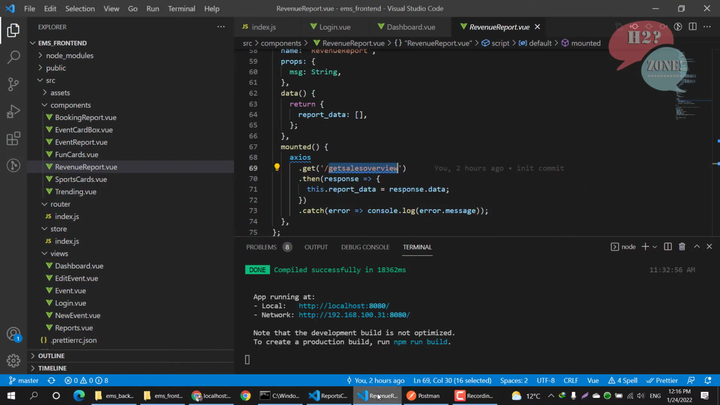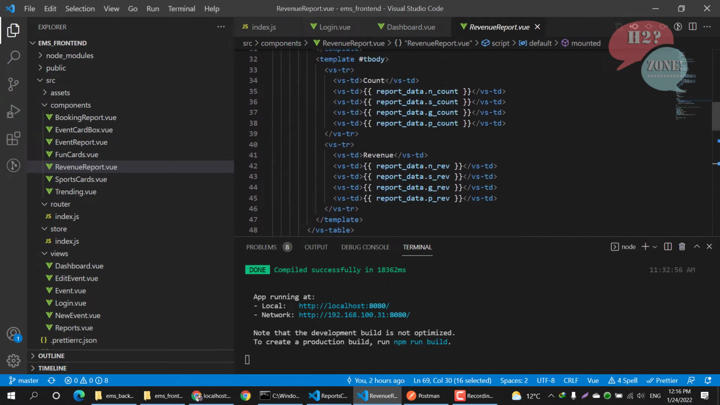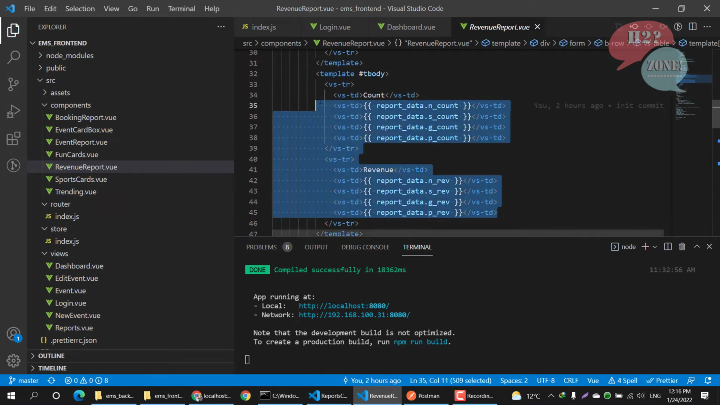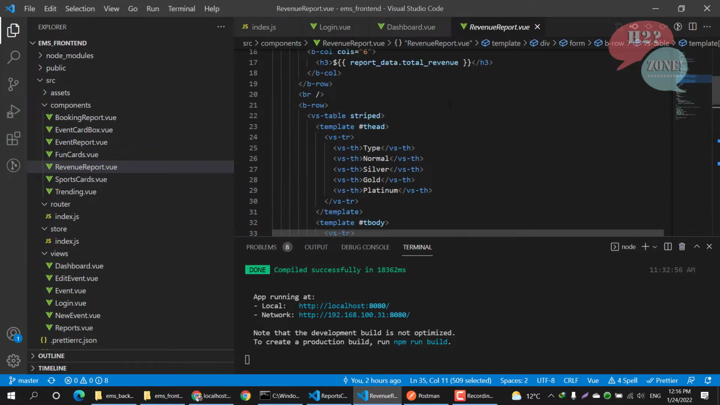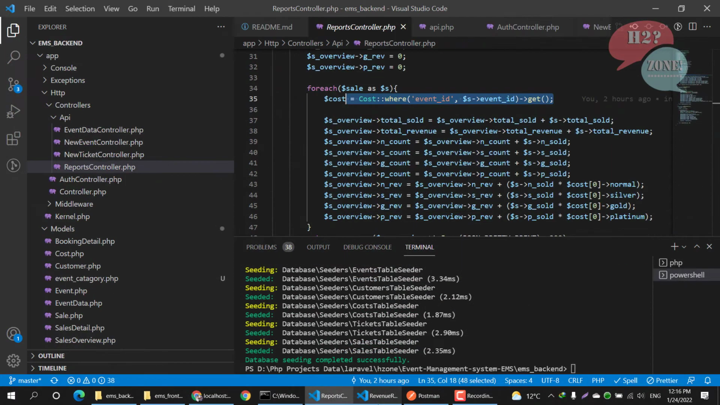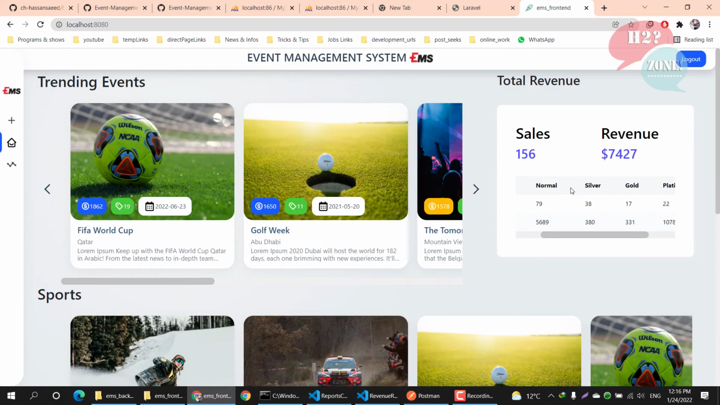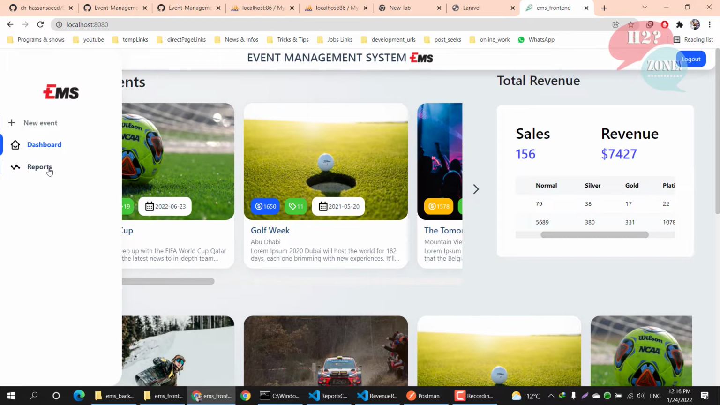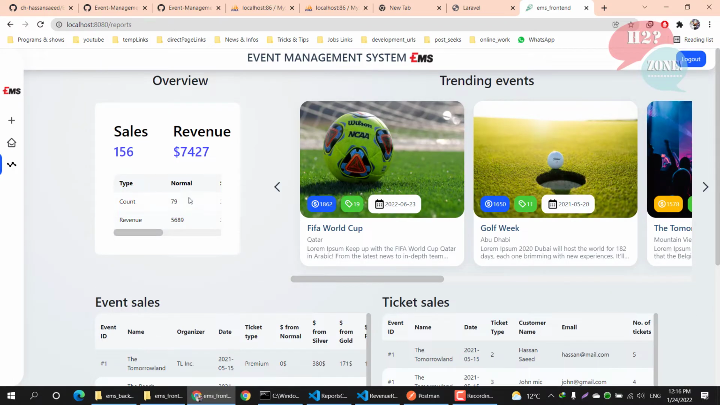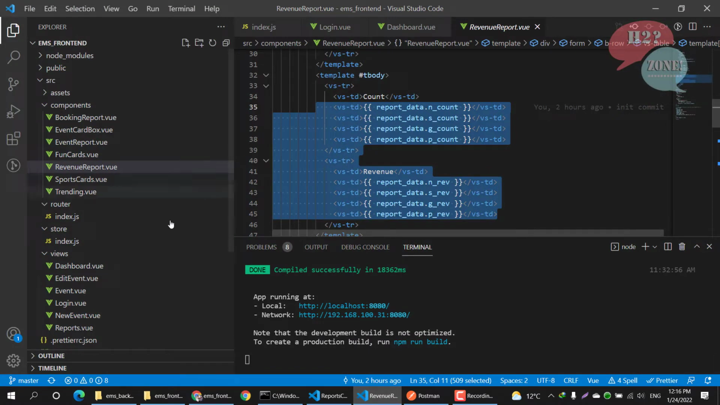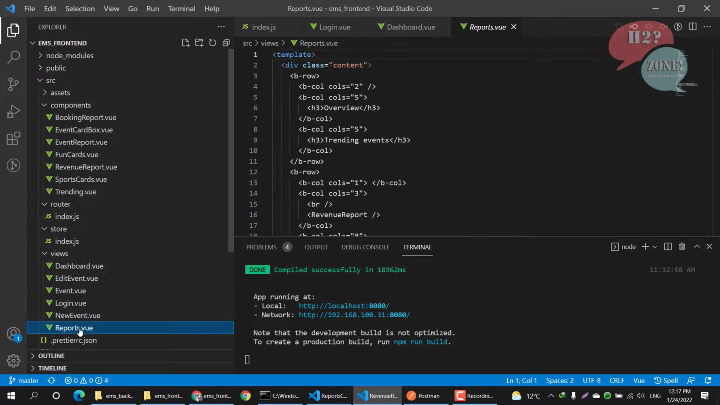And after this response, we are going to display all this information in the revenue report view, which is shown in this box. We are using the same box in our report section. We are showing this same box, and also the same trend events. Like if we go to a report view,